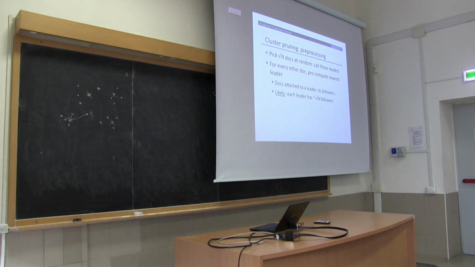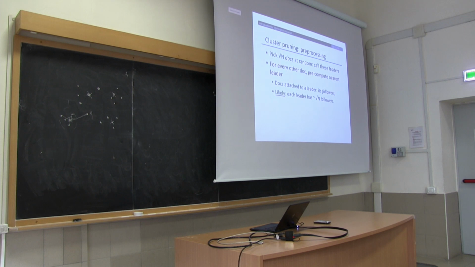Okay, the idea is that very often you have some clustering in the documents, so the points are not uniform. I mean, they can, but normally they are not. And the idea is that if you could guess, let's say, the centroids of those clusters, you would have a very nice way of answering queries efficiently. Because what you would do would just match in the query to the cluster centers, to the centroids, what are called leaders there. And instead of having to take n cosine similarities, where n is the number of documents, you would take a number of cosine similarities equal to the number of leaders, right? That's the idea.